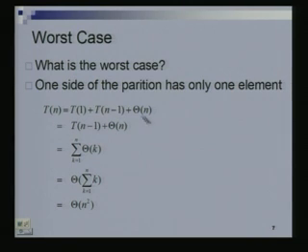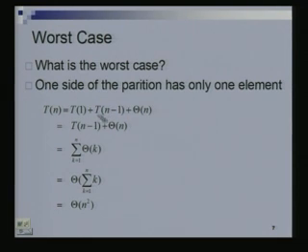So again I am writing a recurrence relation. Time to quicksort n elements equals the time to partition, that was the very first step of our quicksort procedure, plus the second step, quicksort the left part. Let us say the left part has one element, so T1, plus the time to quicksort the right part, which has n minus 1 elements, so T(n minus 1). This is our recurrence, and let us solve it in exactly the same manner that we did earlier.